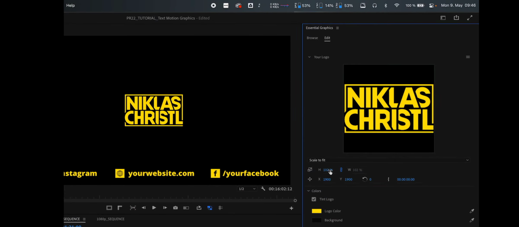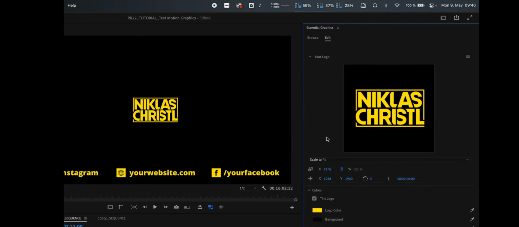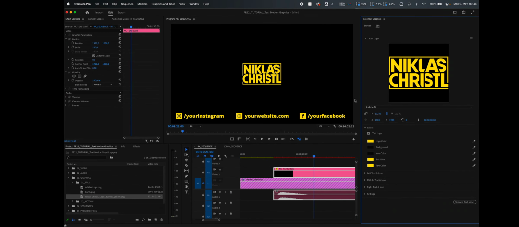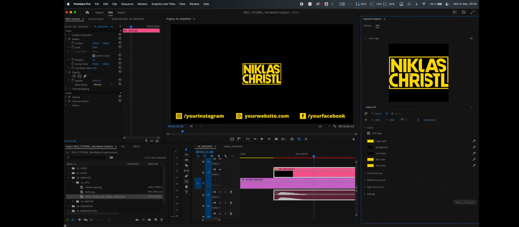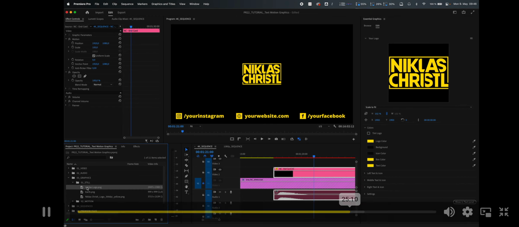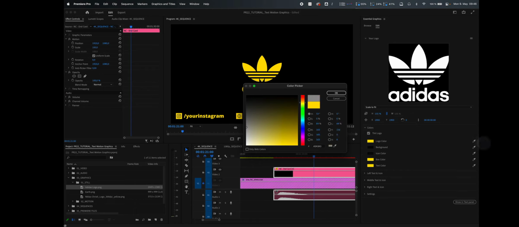Here you can also adjust some things again, like the scale, like the position of your logo. I don't think it really makes sense to change much about it because it's going to be auto-aligned right from the start. Then you again have a checkbox for tint logo. If I deactivate that, then it's going to be in the original color. Here nothing is going to change because it is already yellow, but for example, if I have the Adidas logo again, it's going to be white, while if I click on the checkbox, it's going to be tinted. And then here you can adjust that tinted color, for example,